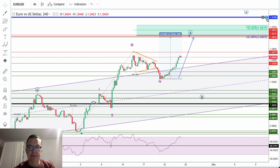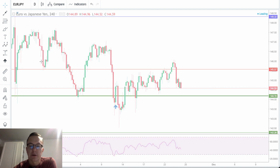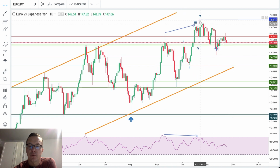Right, that's the euro dollar. We got data from the eurozone, so that's almost the same. So let's take a look at euro to the Japanese yen. What is going on here? Daily time frame chart. Very nice wave progression to the upside. 1, 2, 3, 4, 5 waves done, and now we are, of course,